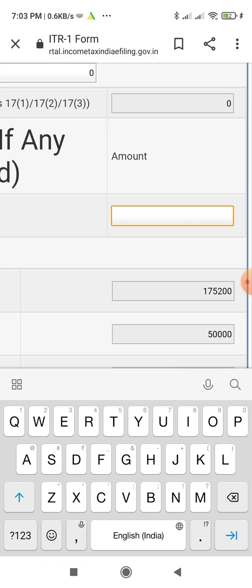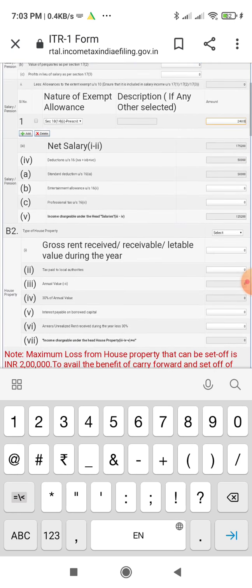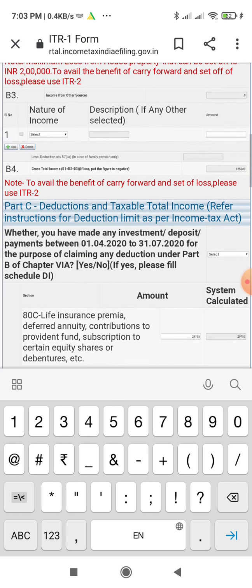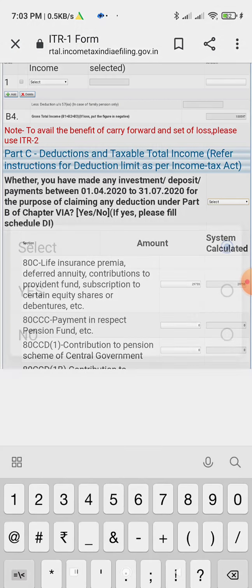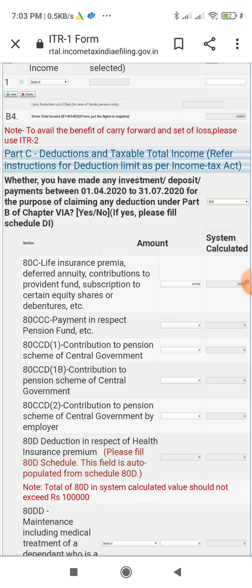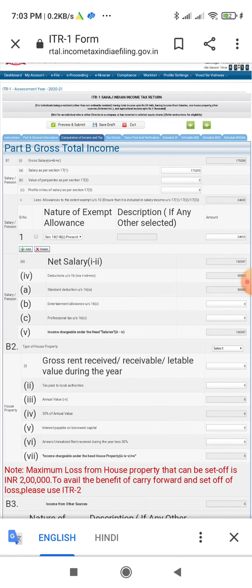Here we will enter 24603. Now we'll move lower, and here one more option is there, whether you have made any investment deposit payments between 1st April 2020 to 31st July 2020. So here we need to select no. Now only two amendments we have made on this page.